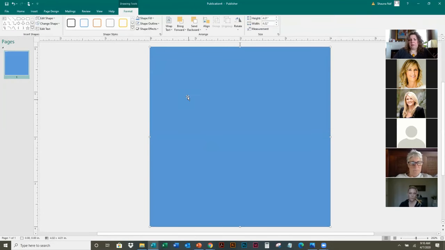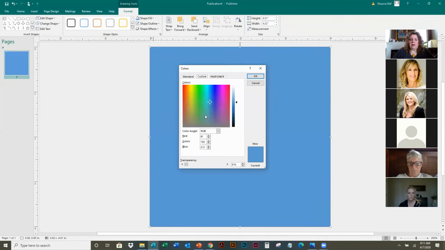Okay, so we've got the blue as the default color, but if you knew your red, green, blue setup for your brand, let's just say, you can go ahead and insert it here. And in this case, I'm just going to pretend that it's a kind of a nice orangey color. And so you can see here your RGB setup is 233, 116, and 19. And so if you knew what your RGB setup was, you could do it that way,